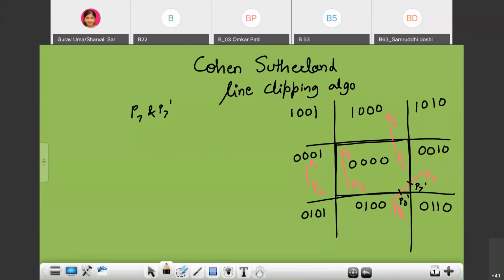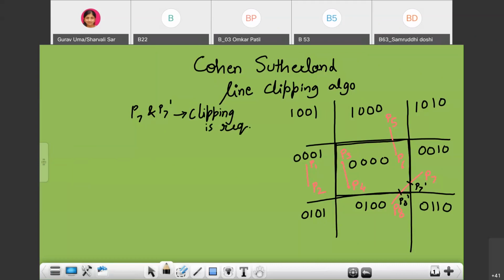If we consider the line P7 and P7 dash, is clipping required or not required? Yes, we know it is outside the window. So clipping is required.